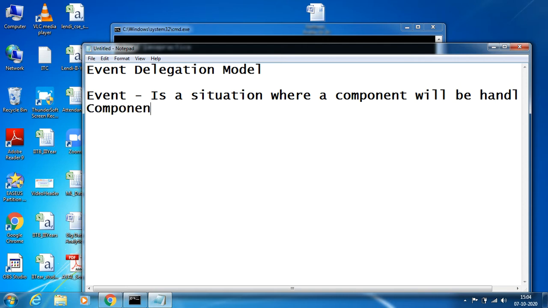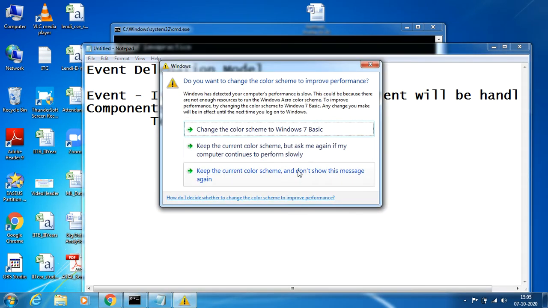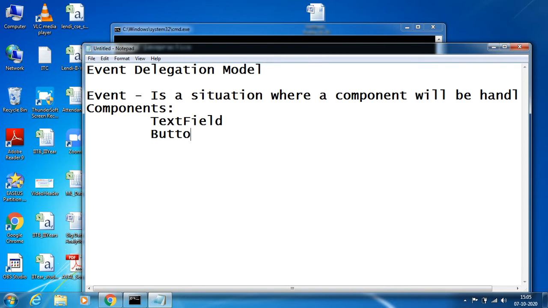Initially, what are components? Components are different kinds of objects which are added to the window. A window can have a number of components, like a text field, it is a component, a button, it's a component, a drop down list, it's a component. For example, a mouse is also a component, a keyboard is a component.